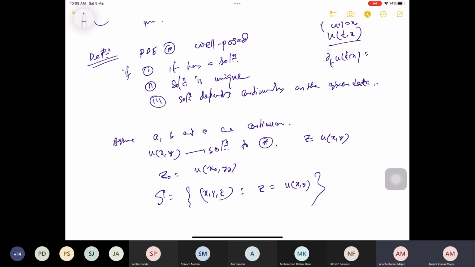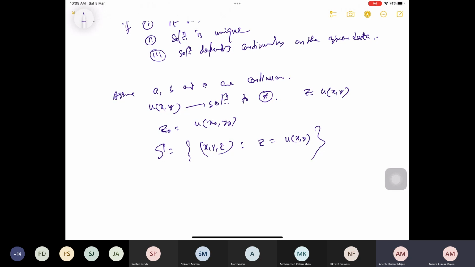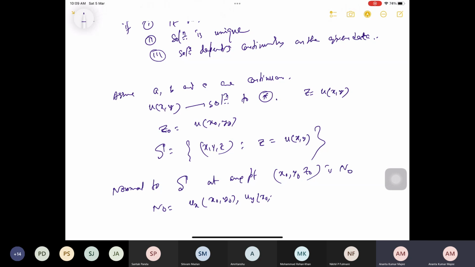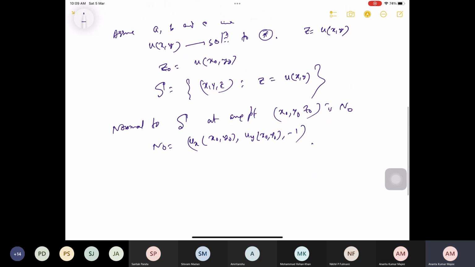Okay. So then the normal to S at any point, say (x0, y0, z0), if I denote it N0, what will N0 be? N0 is the normal to the surface at the point (x0, y0): (u_x(x0, y0), u_y(x0, y0), -1). So now, if I think of a vector, say V0,